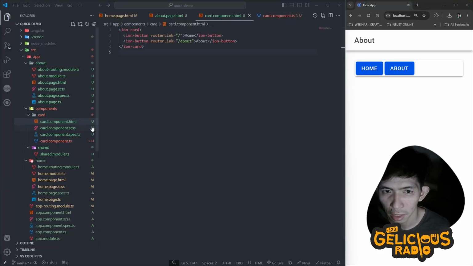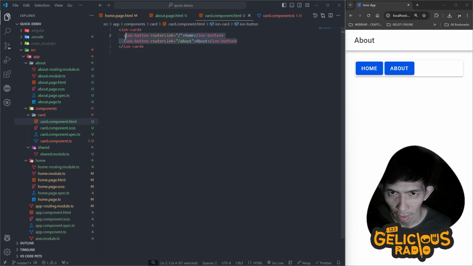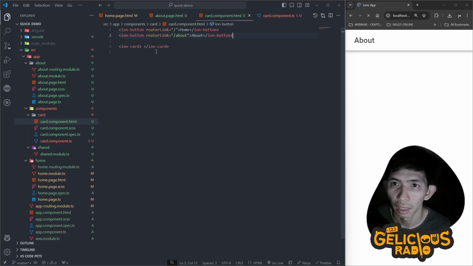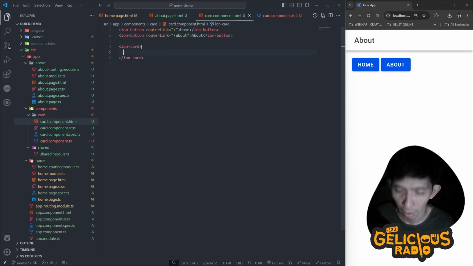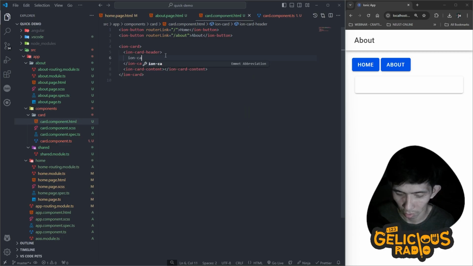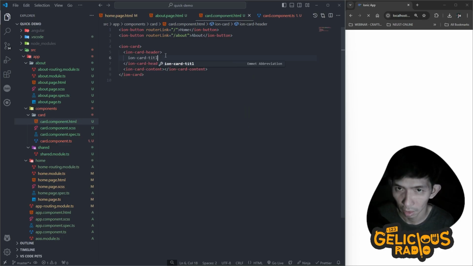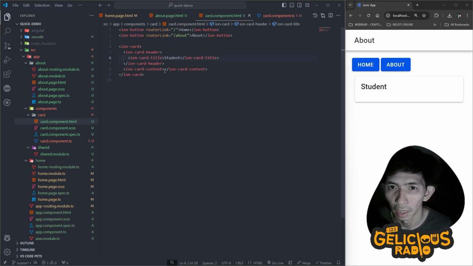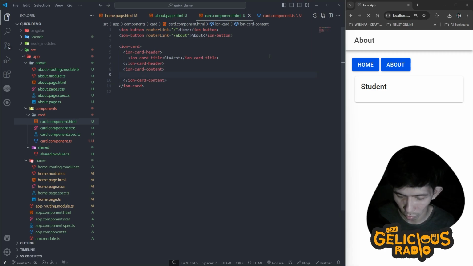Okay, so let's modify this card into a more dynamic card. Ang gawin natin, ilipat natin tong ion button sa taas. And then in ion card, let's create ion card header, ion card content. And then in here, we're going to make ion card title, and then I'm going to name it students. And then sa ion card content, okay, so we are going to use ion item,